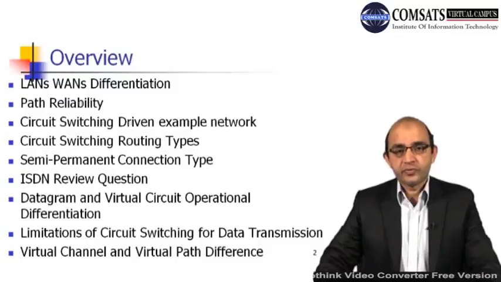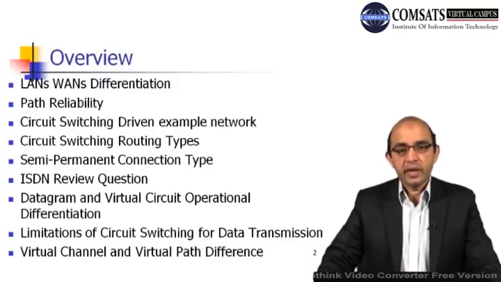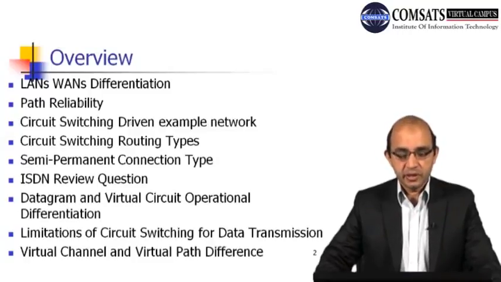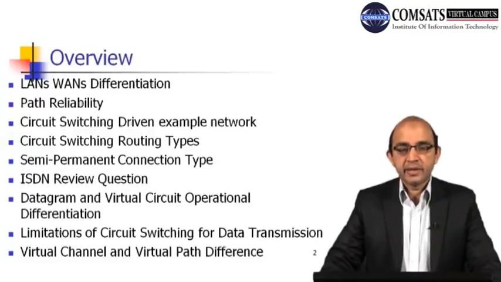A path has to be followed, and we need reliability in order to ensure error-free data transmission over the network. Then we will be talking about the circuit switching example, and we talk about one of the examples that is actually driven by this switching technology. And circuit switching supports some sort of routing, so we will be talking about routing that is supported by circuit switching. And then we will talk about